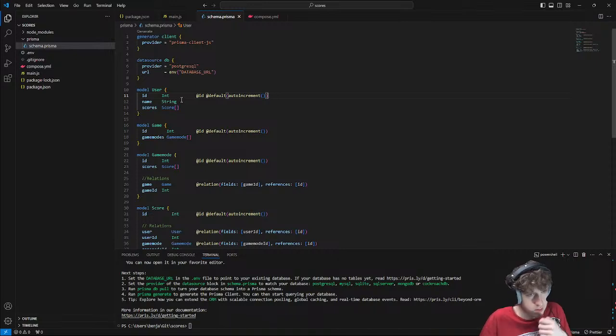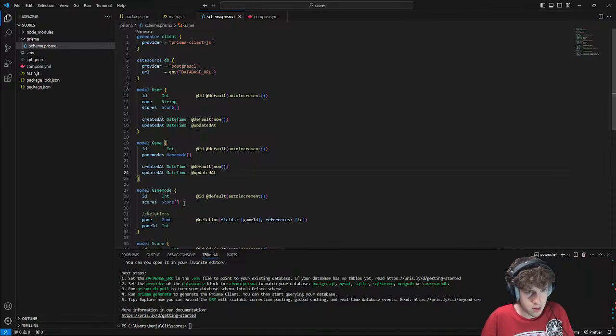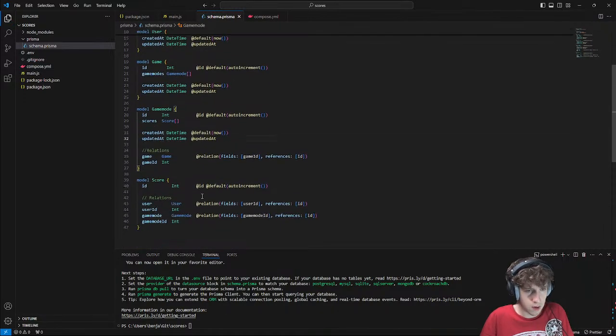I guess every model needs an updated at and created at time so that it can handle that properly. Created at, updated at, created at, updated at.